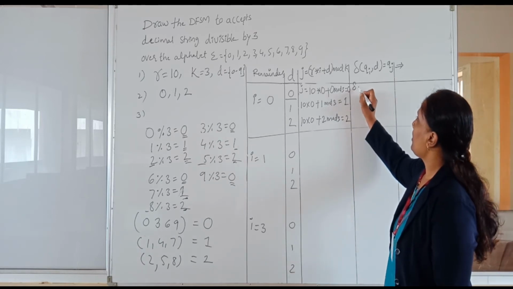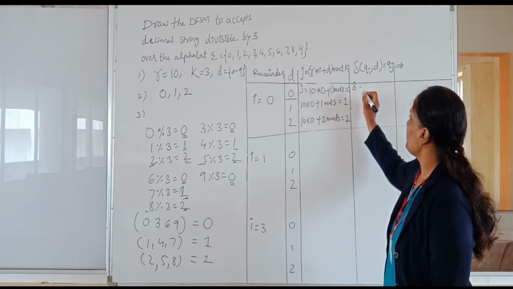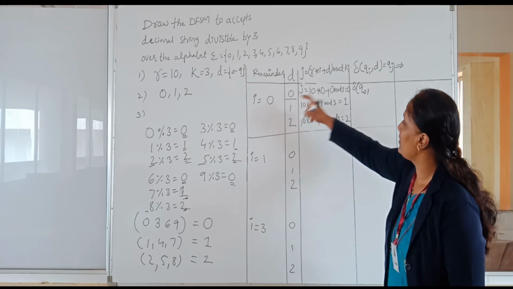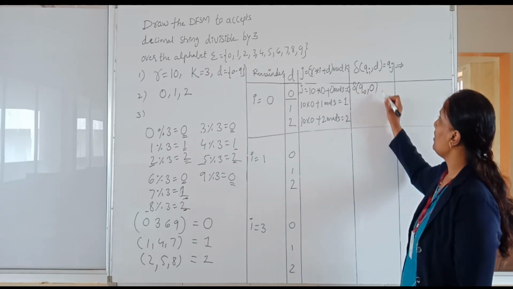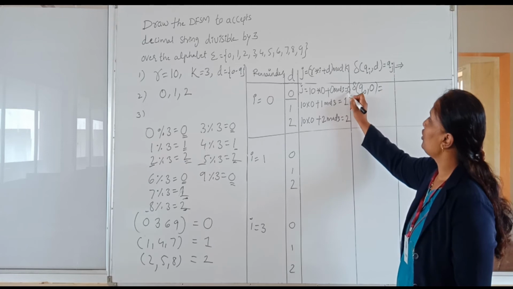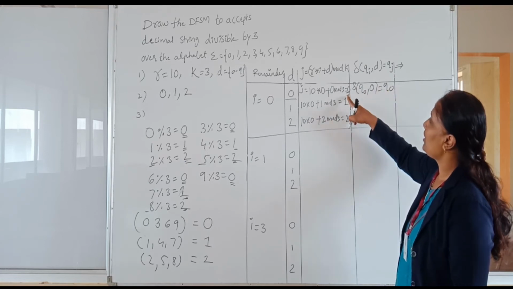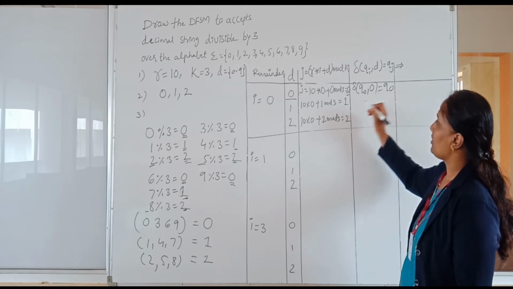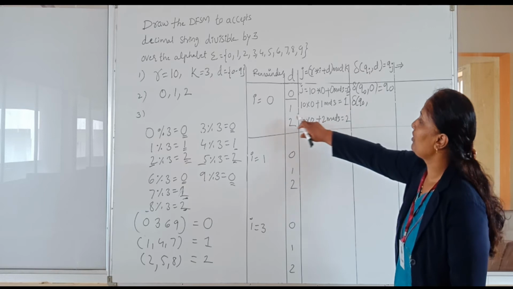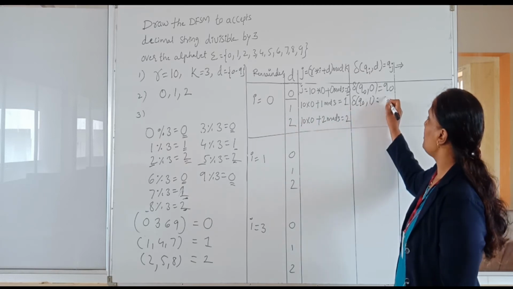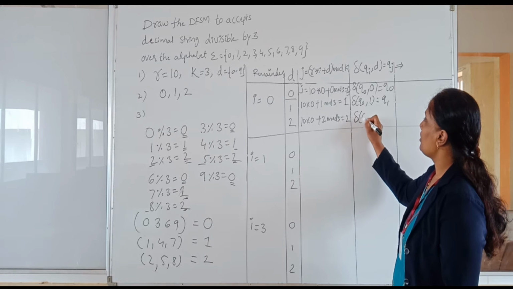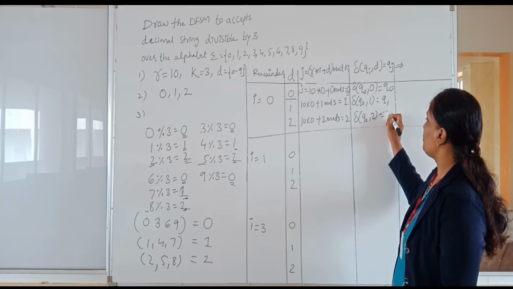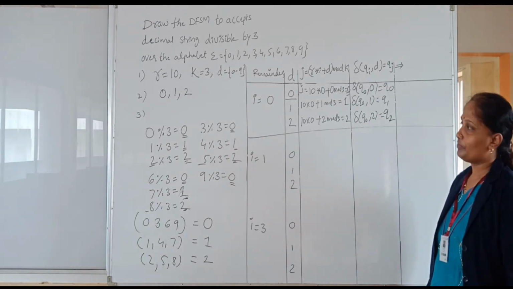So here, transition of Qi. What is the I value here? I value is 0. So Q0 comma digit. What is the digit here? Next, what is the Qj value? Qj value is Q of J. What is the J value here? 0. So Q of 0, that is nothing but Q naught. Next, transition from Q naught of digit 1, where I reach a Q1 state. Transition of Q naught of digit 2, where I reach 2, that is nothing but a Q2 state.